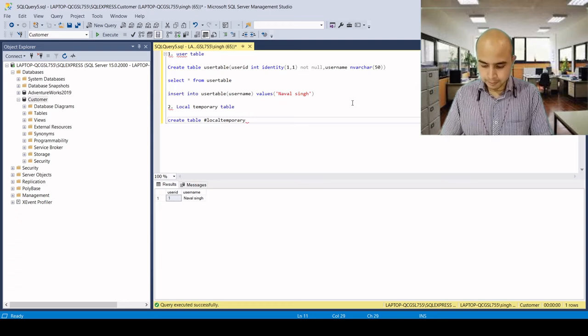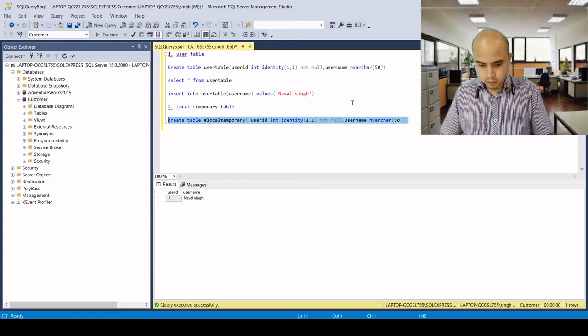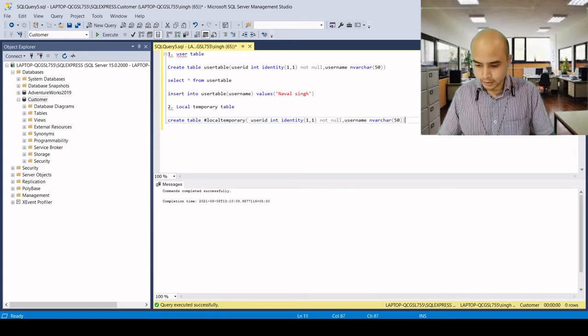So this is the table name: create table local temporary, and in the same way we created the user table, identity starting with 1, not null, username varchar, let's say 50 is the size. So let's create it. So we have created the table.